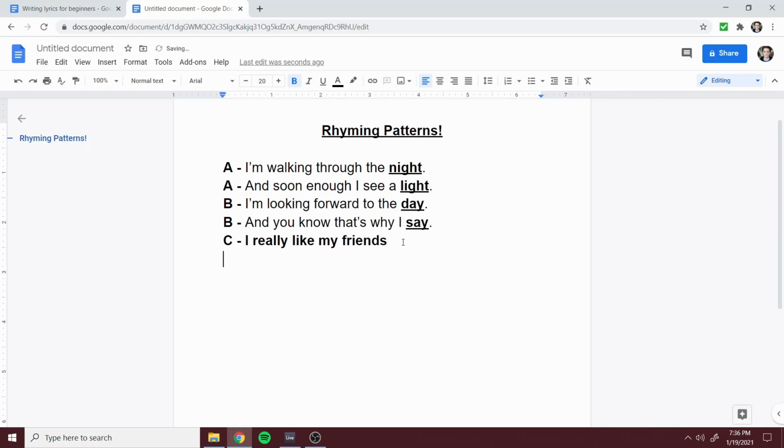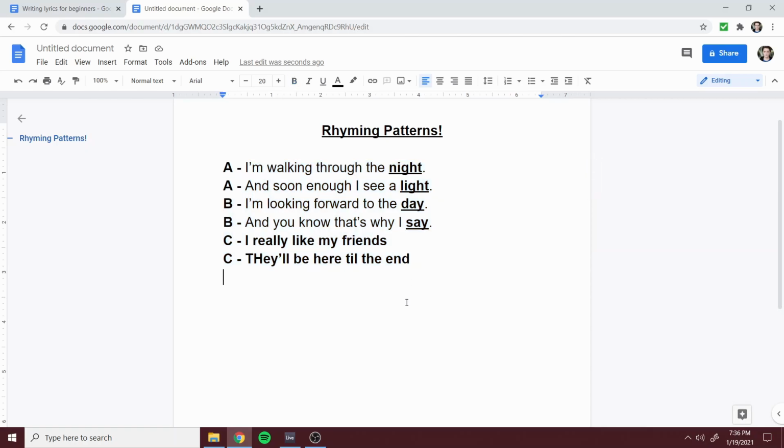Then if I write, okay, so this is going to be blank here. And so then it would be, they'll be here till the end. Friends and end rhyme. So then this becomes D. And so on and so on. Oh wait, not C. C, sorry. But if you did write a line that did not rhyme with any of the ones that we've already written,